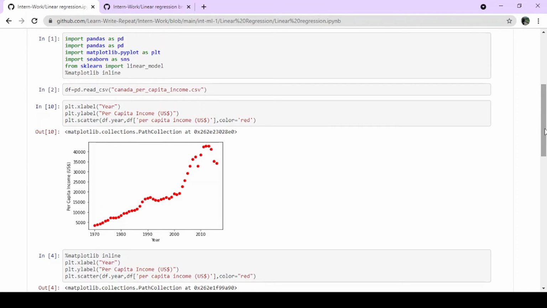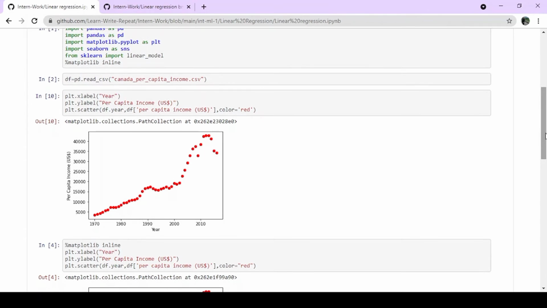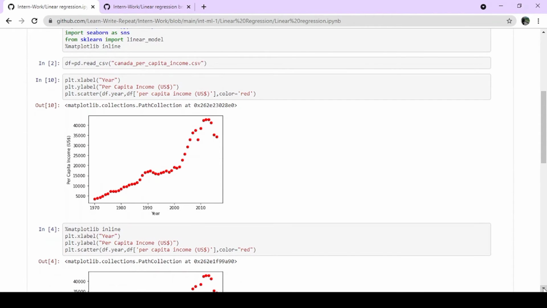Now another input is the data frame: df is equal to pd.read_csv, and in brackets, you can see the canada_per_capita_income.csv. Now another input is plt.xlabel year. On the x-axis, year is depicted, and plt.ylabel per capita income US dollars on the y-axis.